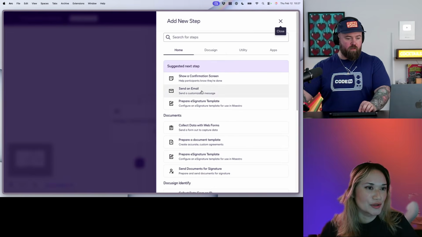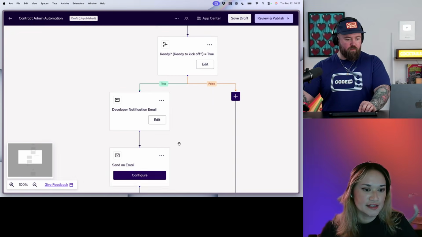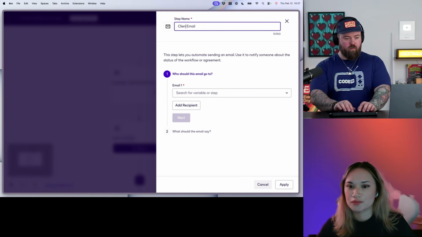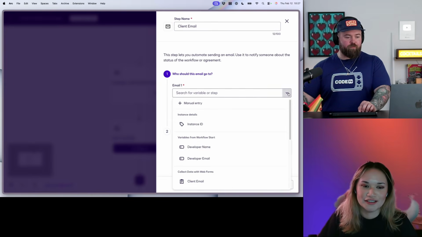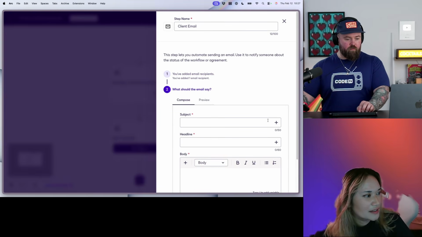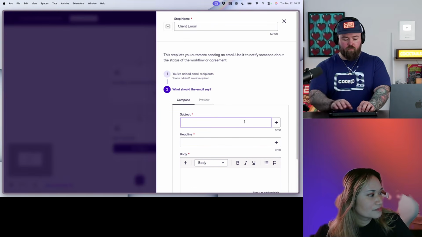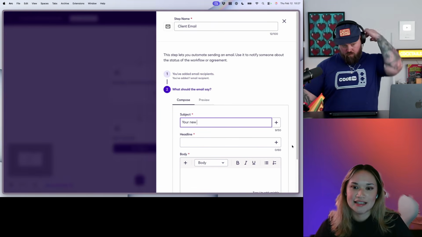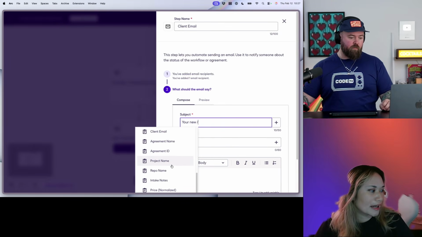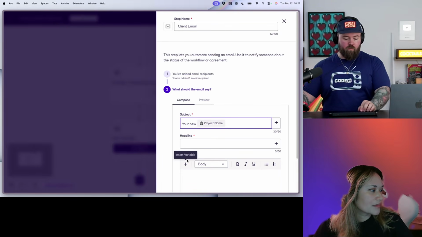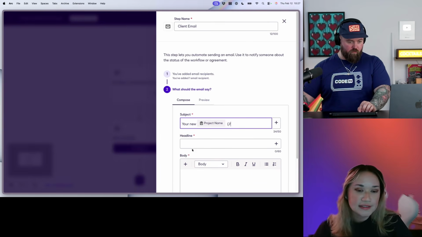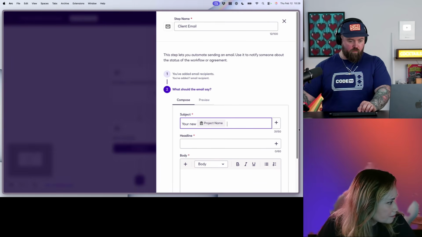Yes, exactly. So the client email, which is usually, hey, this is the package you picked, right? We're getting started. A couple other little things too, like adding a Calendly link. You could do that here too, which actually I think we'll go back to in our web form and take a look at. But yeah, so that's that one.